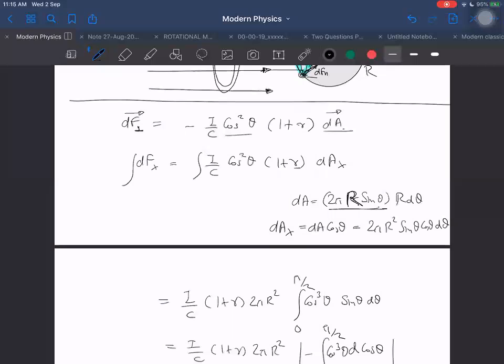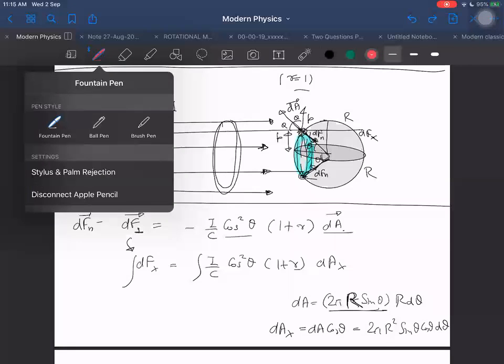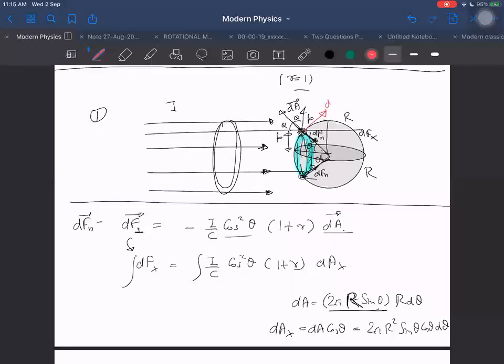And then after that, I am taking the component of df perpendicular again along x. Similarly, here I will write another component, which will be df normal along the radial line, and another is df tangential. Let us write df tangential here. But ultimately I have to again take components along the x-axis. df along x will be df along normal into cos theta plus df along tangential into sine theta.